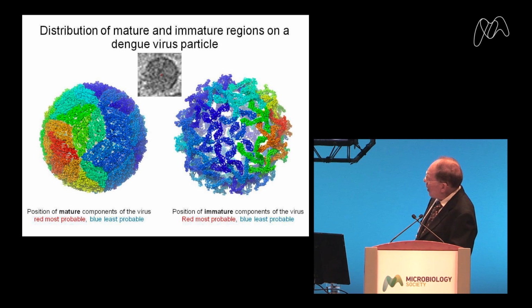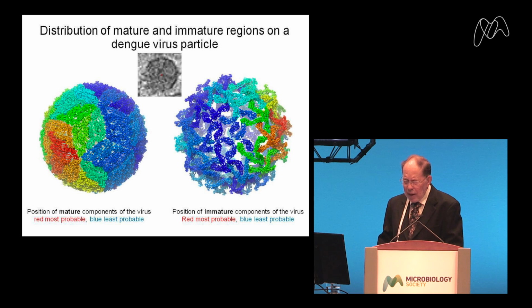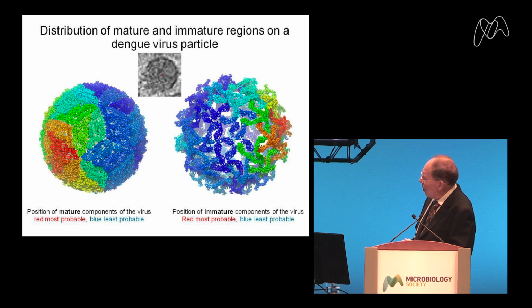And he looked at this with tomograms, in which you don't take the average of thousands of particles. You're looking at a single particle, and the colors here show the degree of correlation with the mature structure. Take the left-hand picture. The red is good correlation, the blue is bad correlation. And on the right picture, we can see the correlation with the mature structure. And so what we see on this particular single virus is that the virus is more immature on one side and more mature on the other.